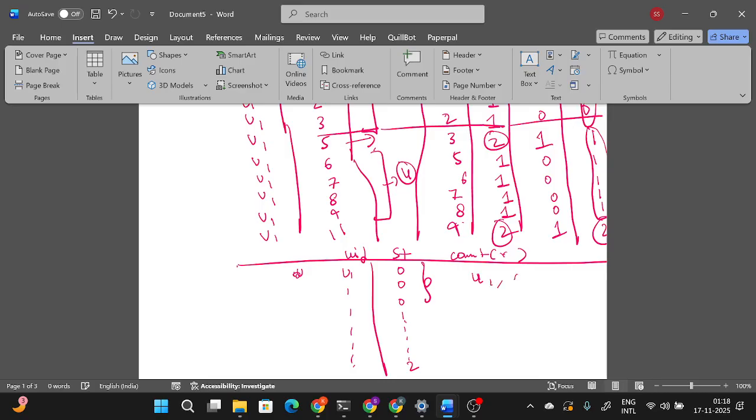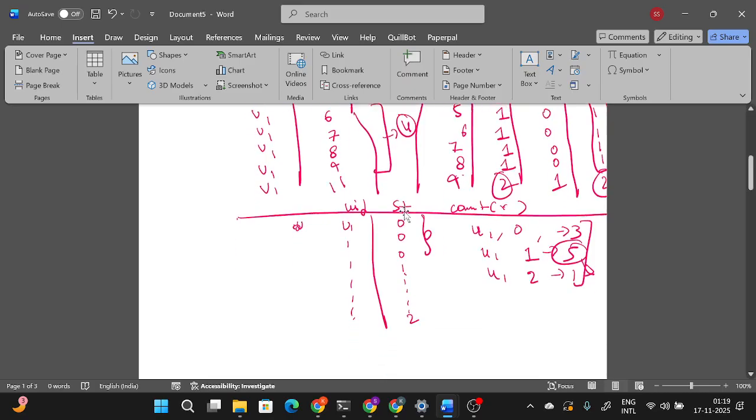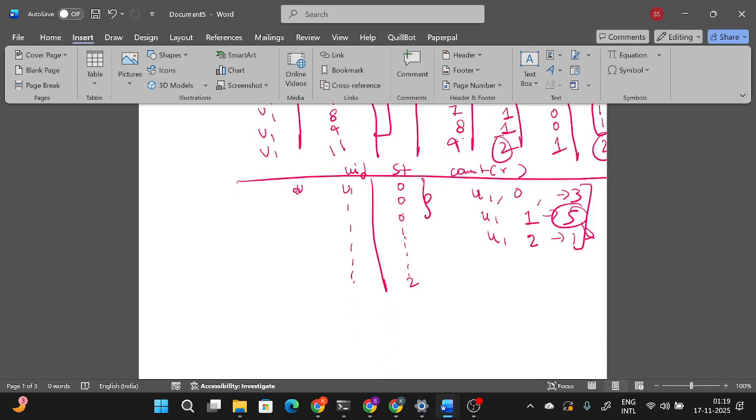We will get its streak length. So it will be U1 0 3, U1 1 5, U1 2 1. These are the streak lengths for the U1 user. Here the fifth is the longest streak. We can simply do it for all the users, and in the end we can simply use the dense rank window function